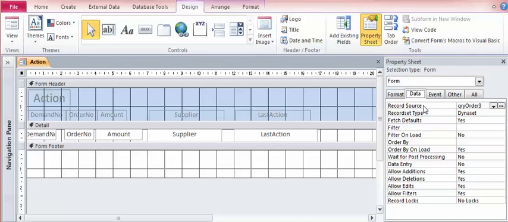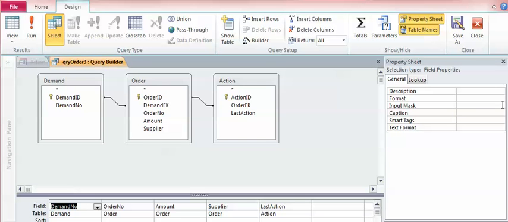Next to Record Source, you'll either see a name of a query, and mine is Query Orders 3, or you'll see the select word with data or a syntax afterwards. If it's select, we need to change that to a query. Mine is already a query, but I'll step you through how to save a query anyway, just in case you need to do that. So click on the button with the 3 dots,